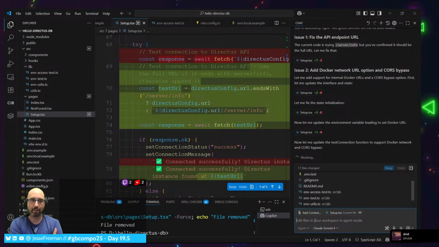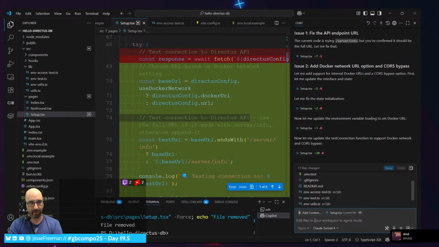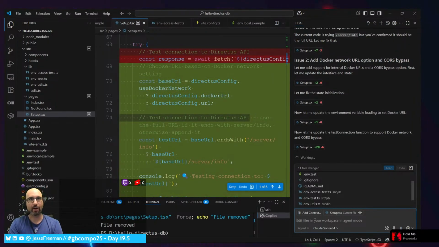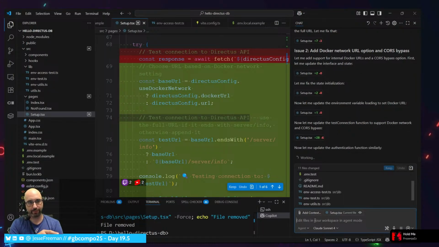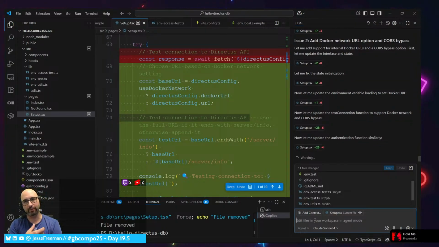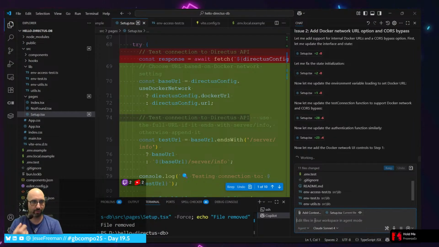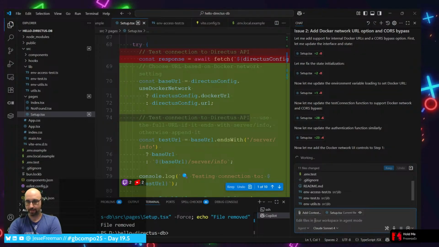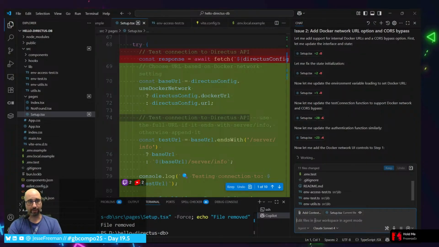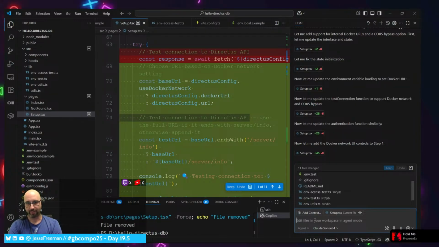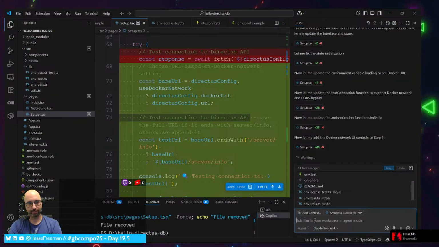I'm just trying to be very cognizant of the fact that if I want to deploy any of this stuff to production, it's not hard-coded to this very tightly coupled situation. Which is why I'm trying to use environment variables and conditions where it figures out what to do based on what's being passed in, so that at least deploying it will be a lot easier. I don't have a lot of experience with deploying these things, especially databases. So that's a whole other world that I need to learn.